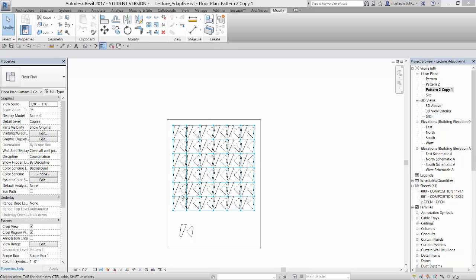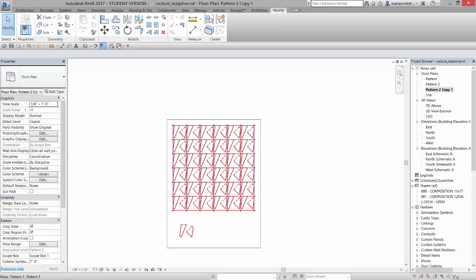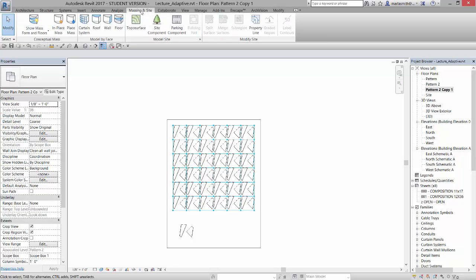Alright, so we have this ready to place on a sheet, and I was talking about getting rid of the grid. You can have it there if you want to for this particular part, but if you want to get rid of it, basically that's part of the mass that's showing, and we can get rid of that. When you use masses, Revit will turn on, under massing and site, show mass form and floors. So it'll show in every view everywhere the mass form and floors. You can come in and say show mass by view settings, and then if you look at your view,